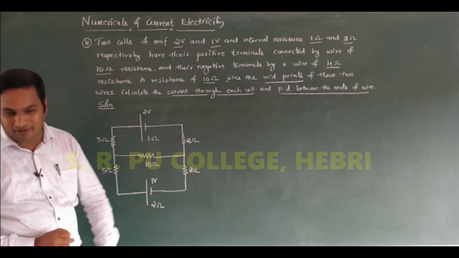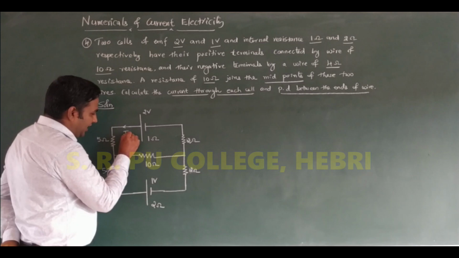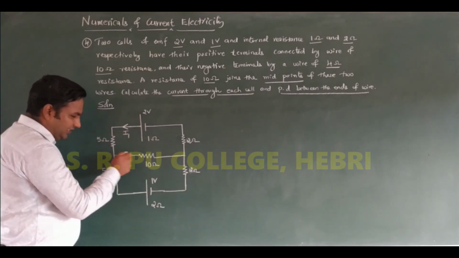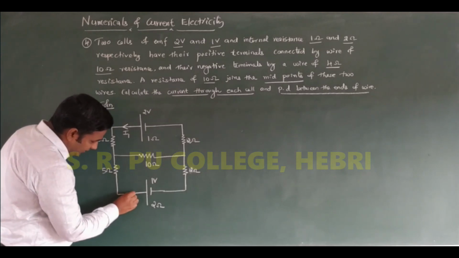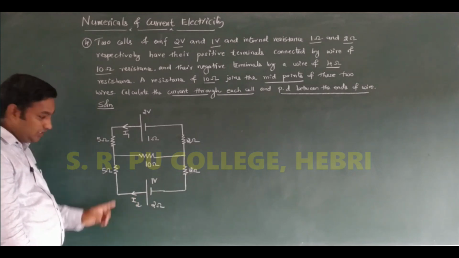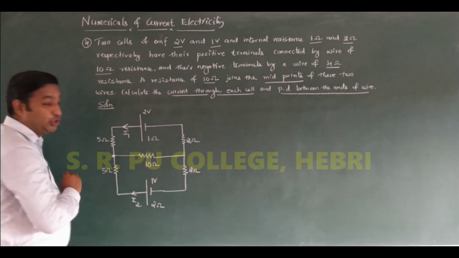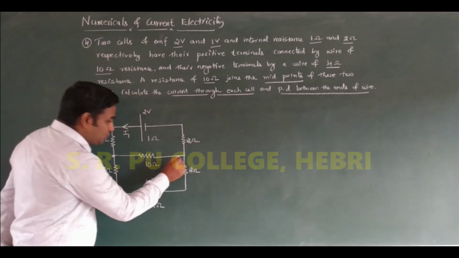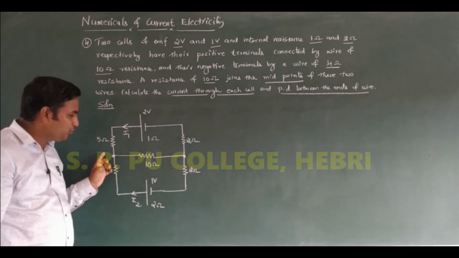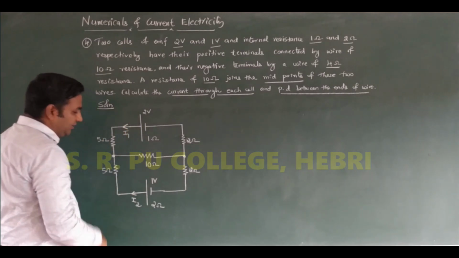I name the current. Here the first cell provides a current, which I take as I1, and the direction of current is like this. That current will flow like this. And the second cell provides a current I2, the direction of current like this. These two currents reach this particular point, which acts like a what? Node or junction. This one also acts like a node or junction. Here there are two nodes, two junctions. This I1 current entered here, and the I2 current entered.